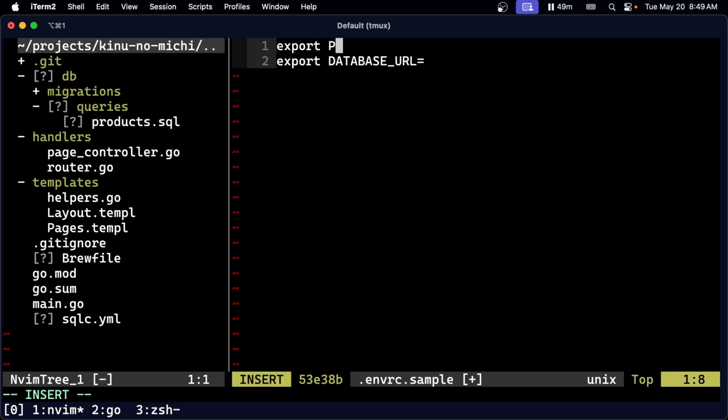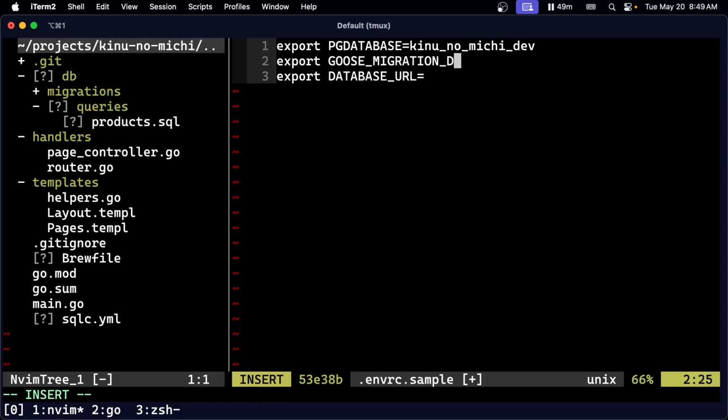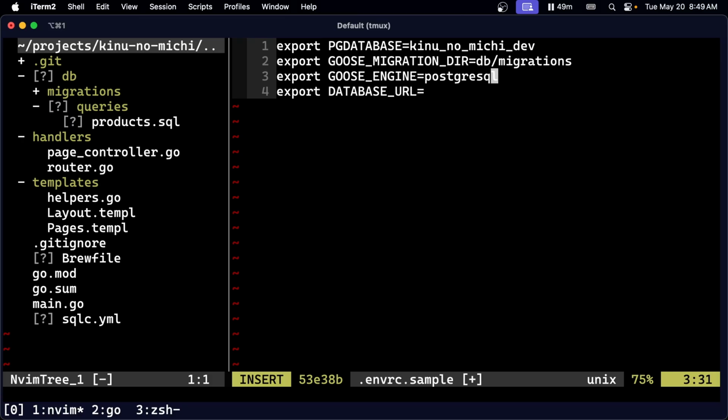We're going to define a PG database, and I'm going to call it kinonomichi development, and then export Goose migration dir. It's going to be db/migrations, export Goose engine, I think it was PostgreSQL, and export Goose